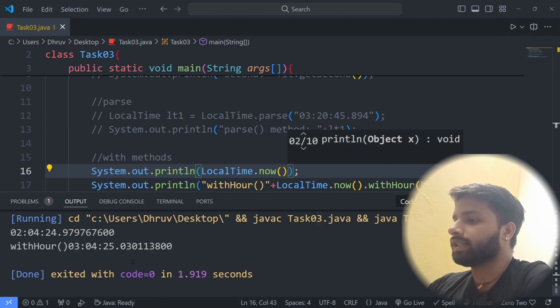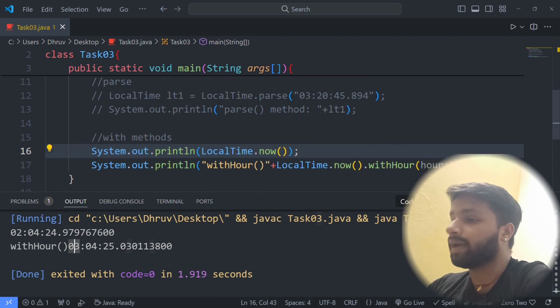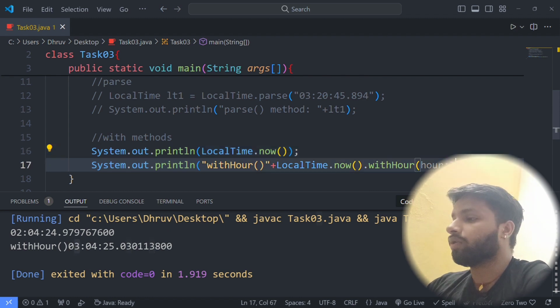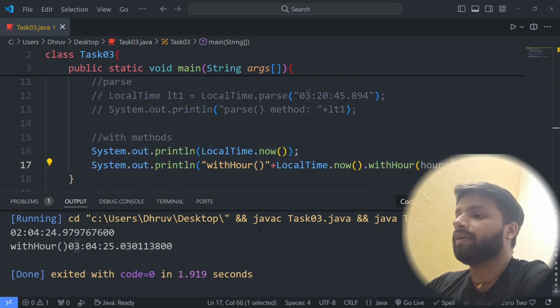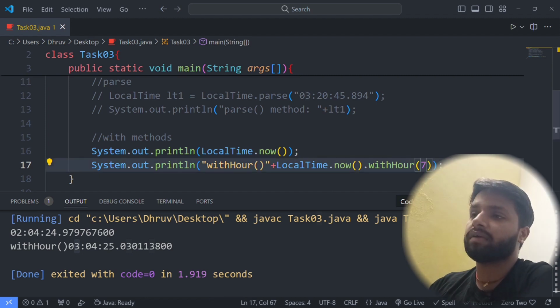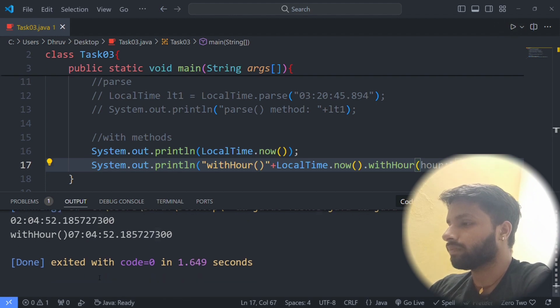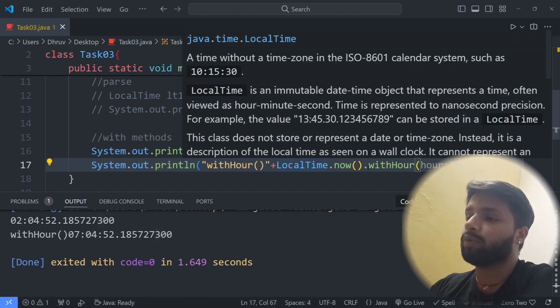You'll see the current time is this, and this is the withHour where we have taken 3. When we take 3, it will replace 2 with 3. And if we have 7 here, see what will happen. It's replacing 2 by 7.